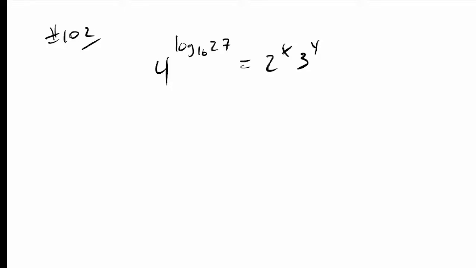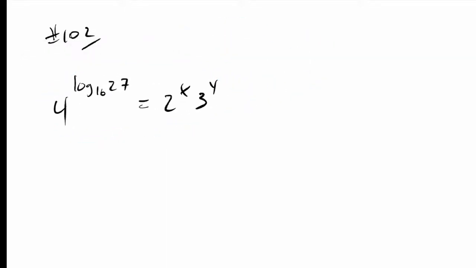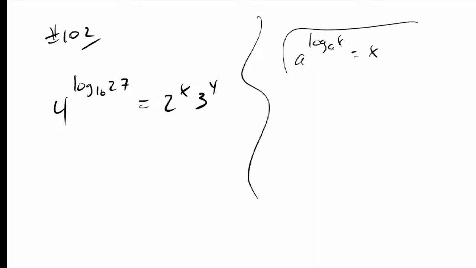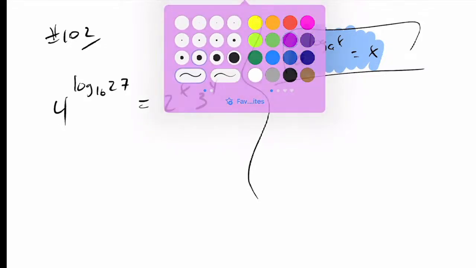So, no, I know. This is a fine question. Nothing wrong with it. But if you look at this one here, this is one I had assigned before. Again, another log property a lot of times you guys forget is log base a of a to the x is x. Remember this log property? That's what I want to do with this question, use that log property, but I can't because if you notice here,